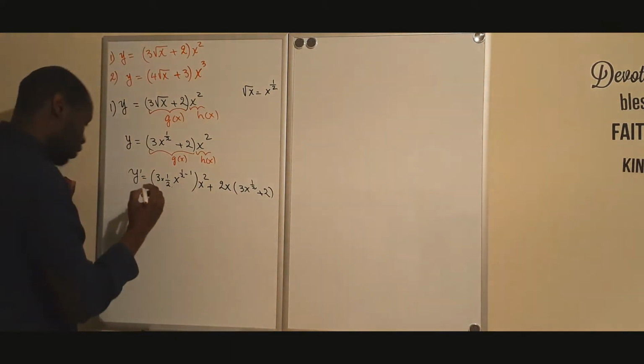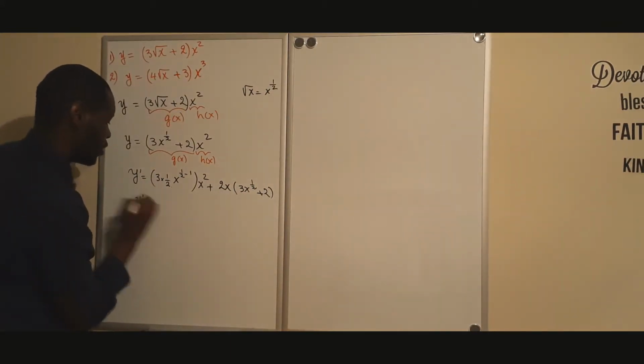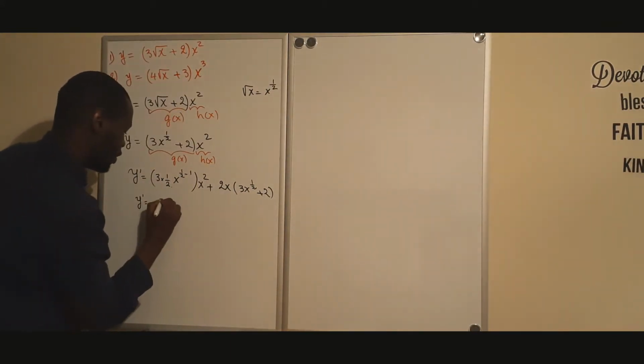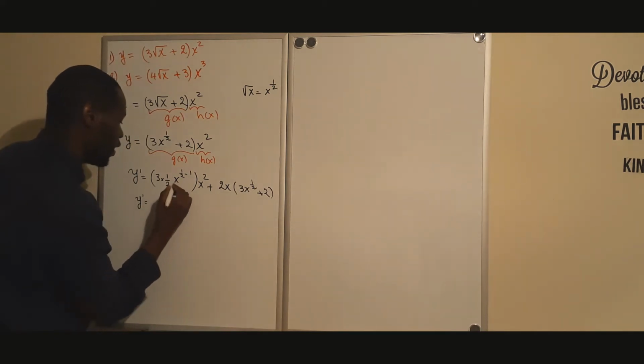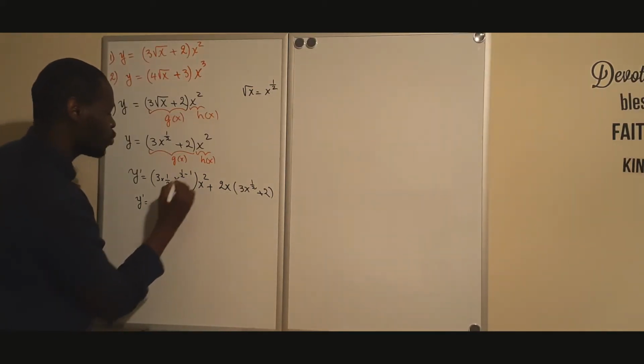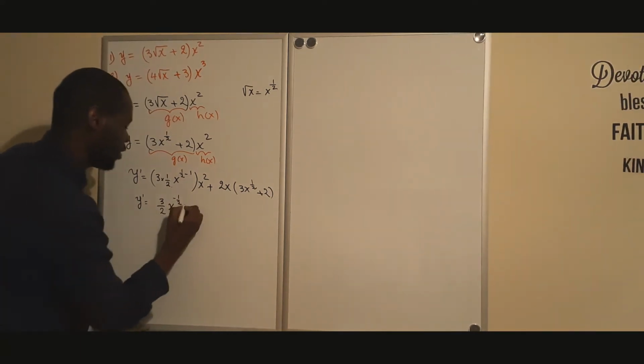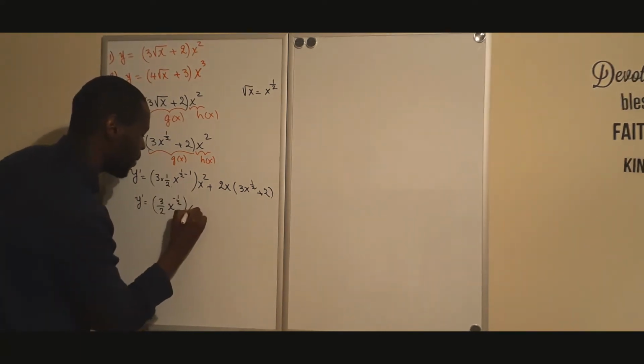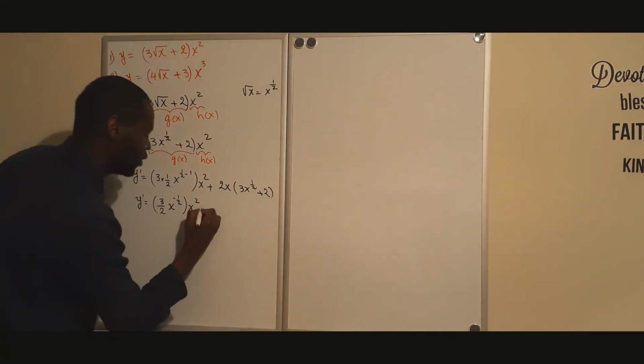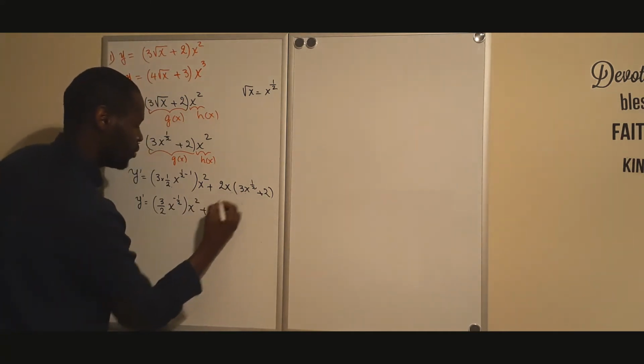Okay, so y prime equals 3/2, and 1/2 minus 1 is x to the minus 1/2. All of that multiplied by x squared plus, I distribute this,